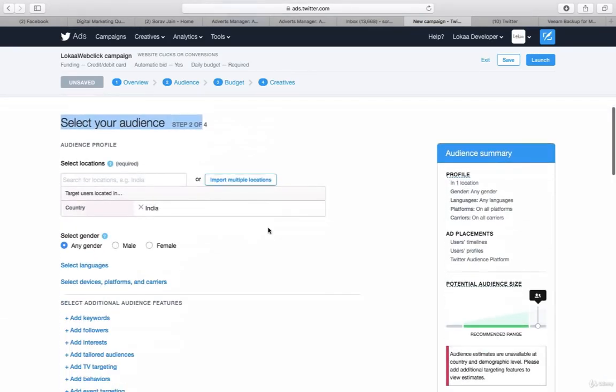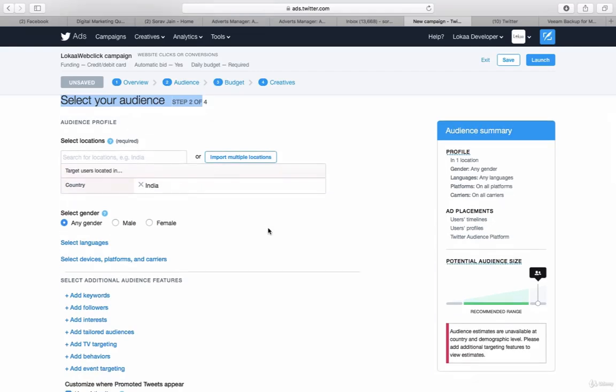and then moving on to the next stage, which is selecting your audience. Now, there's a lot of difference between selecting the audience on Twitter and selecting the audience on Facebook, which we have learned in the past. While selecting your audience on Facebook, there were various ways of targeting audience. There were various ways to reach out to people, which is quite limited in the case of Twitter. But still, there's lots of development taking place in Twitter audience targeting.